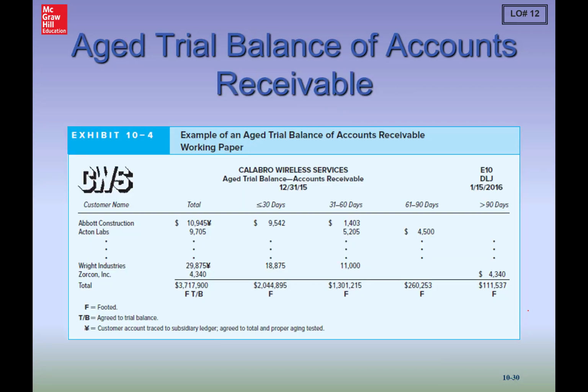Okay, but I'm still working. You've seen the aging. The more delinquent, the more we put into the allowance. So we would look at this aging schedule. But we aren't going to just take the numbers off this aging schedule. We're probably going to do some recalculation of our own to see if that seems reasonable. Maybe we're looking at how amounts